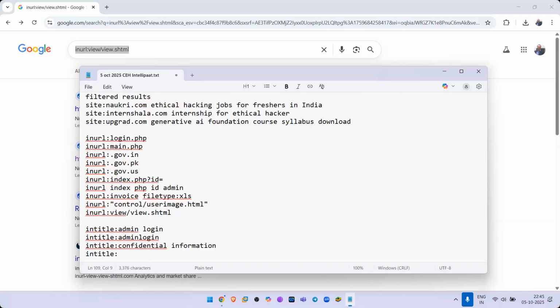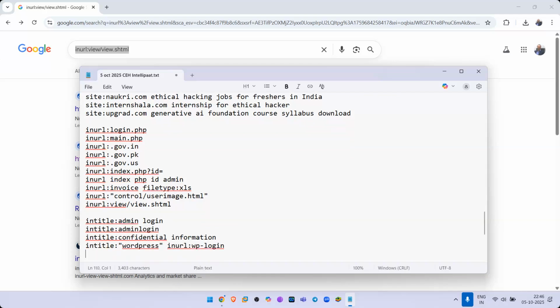You can try in title WordPress, and then you can try in URL colon WP, just say WP login or WP admin or something like that. Or you can just try in title colon IP camera login.